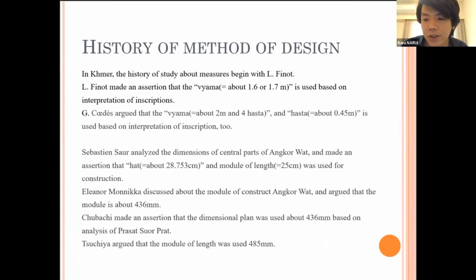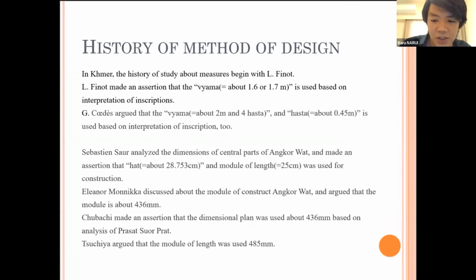Then I introduced studies about measures in Khmer architecture. In Khmer studies, the history of research on measures begins with Louis Pinot in French. Louis Pinot asserted that the yama, equal to about 1.6 or 1.7 meters, was used, based on